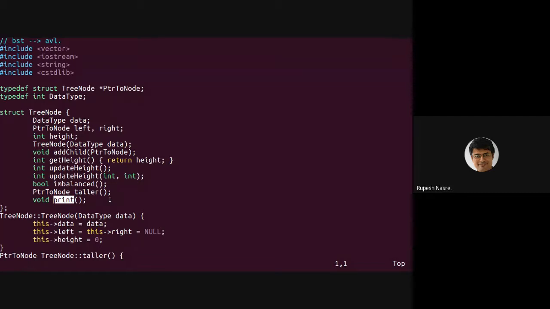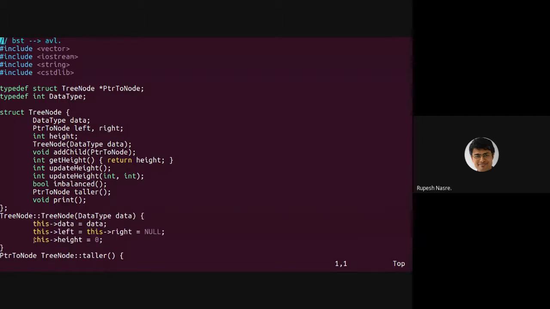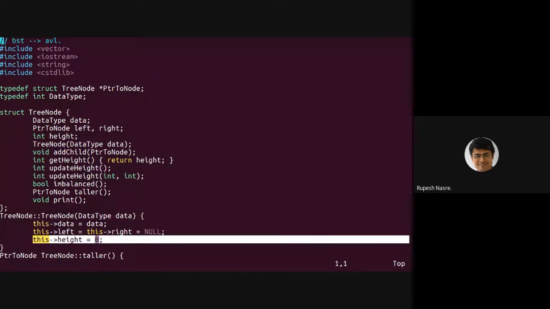Okay. So as far as the constructor is concerned, it is the same as BST, except now we also have to add that the height is by default going to be 0. And 0 doesn't mean that for an empty tree it is going to be 0. 0 means that if there is a single node in the tree, that is only the root, then it should get initialized to 0.